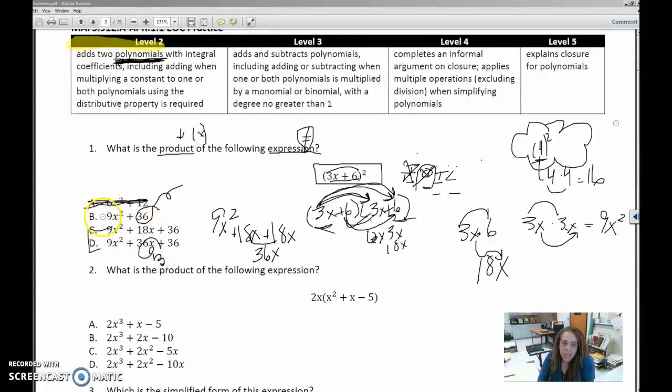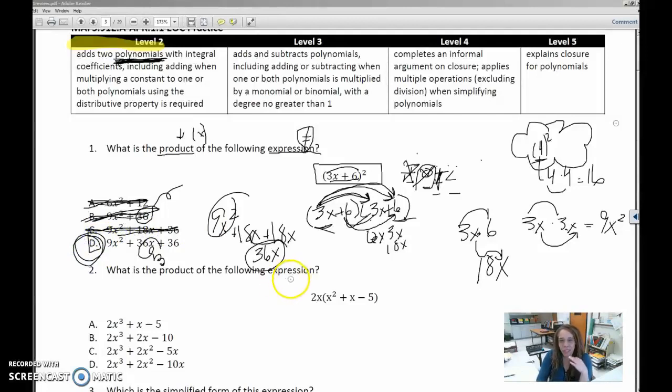So I'm still kind of torn between any of these answers. Let me keep going. So that was my inner term. So I know that in the middle I'm going to have a 9x squared. I know I'm going to have a 36x. This one does not have an x with the 36, so I'm going to eliminate answer choice B. At this point, I can probably go ahead and eliminate answer choice C and call D my final answer, but